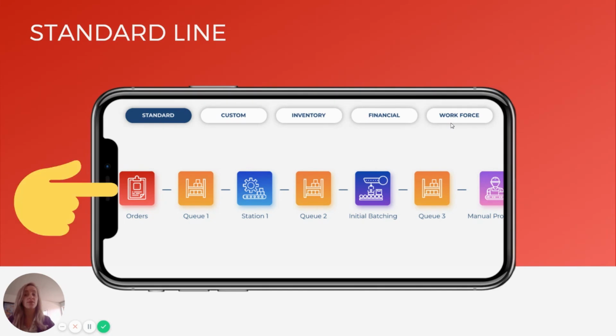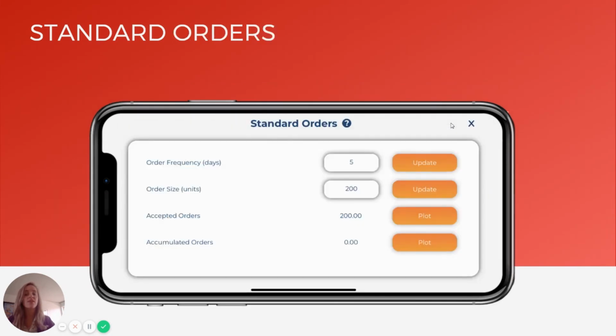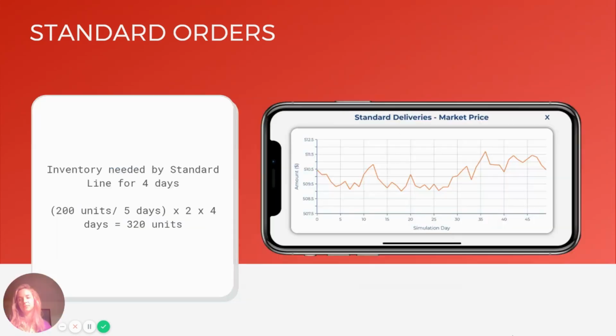Again, we'll navigate to the order section, and we can see that the current setup is asking the line to produce 200 units, the order size, every 5 days, the order frequency. That equals 40 units a day, times 4 for the number of days, and then again by 2 because we know that the standard line requires 2 parts of raw material. Once we do the math, we can see that the standard line currently requires 320 units in order to operate